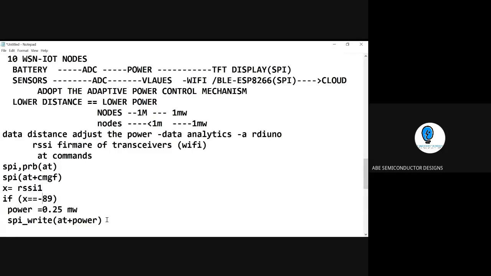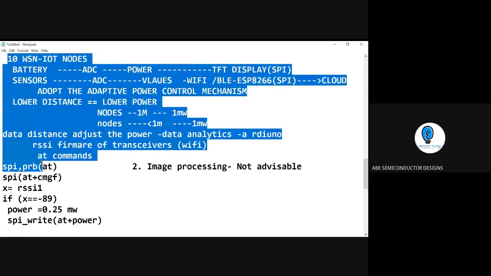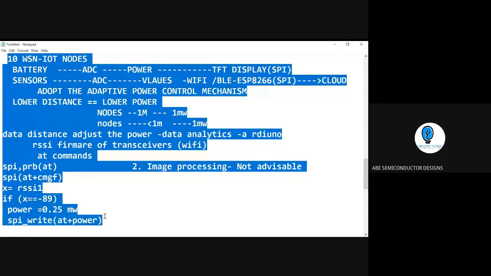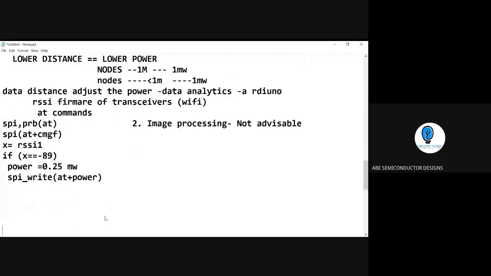This is one kind of thing where the Arduino is utilized. Arduino platform, we have explained, and the Python platform, again the application. Second thing, when there are a lot of questions about whether we use Arduino for image processing: no, it is not possible. Actually, it is not being utilized here. Even though there are some libraries, it is not advisable to use here. The only thing is you can use this kind of use case for data transmission, collecting the data and making the data into a mechanism. So that kind of data transmission can be utilized.